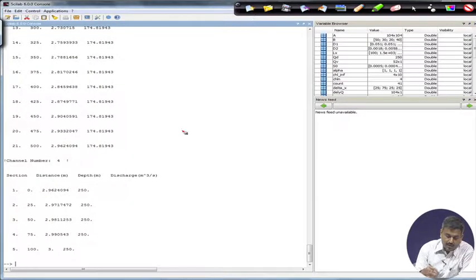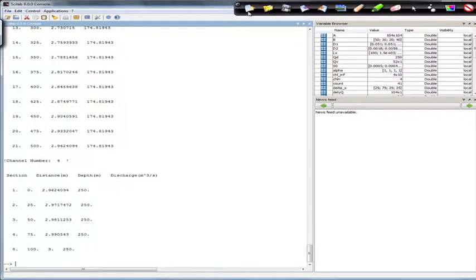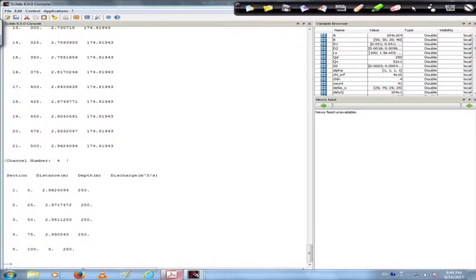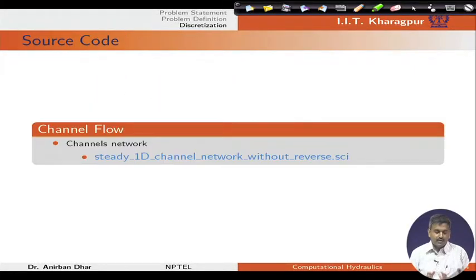Now, these values we have got without providing the initial guess by satisfying the continuity equation. These values are directly coming from the iteration process with arbitrary initial values. Now, this code is for a steady 1D channel network without reverse flow,